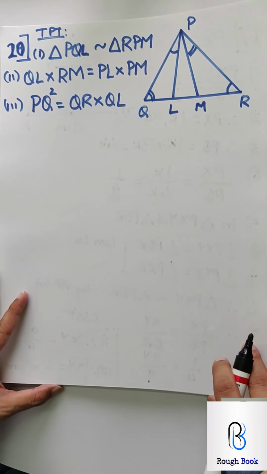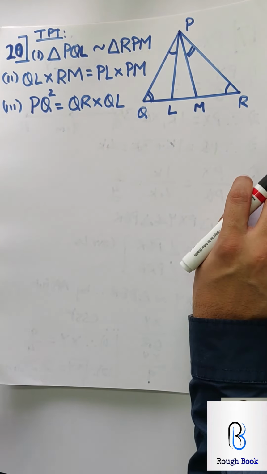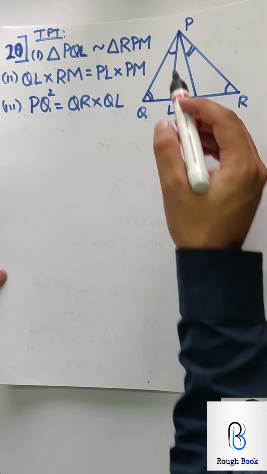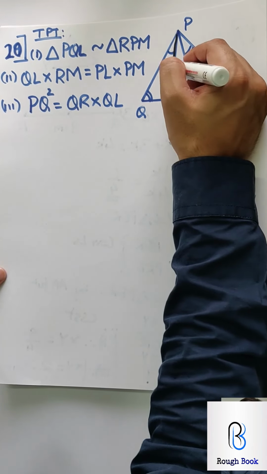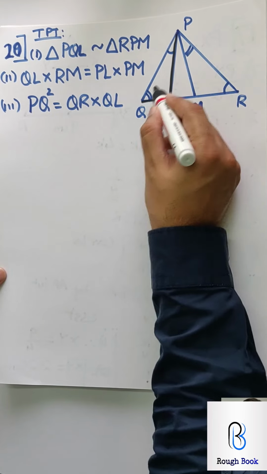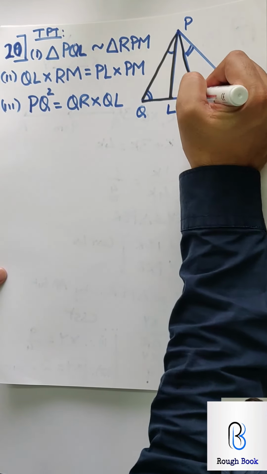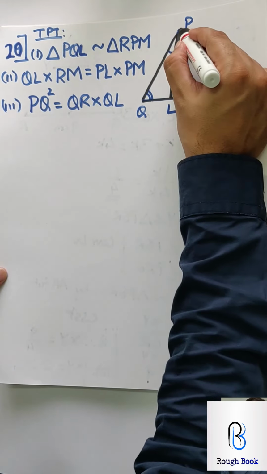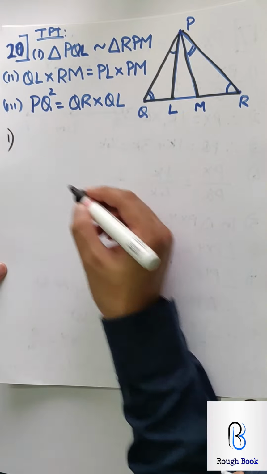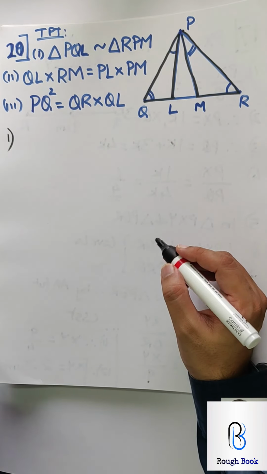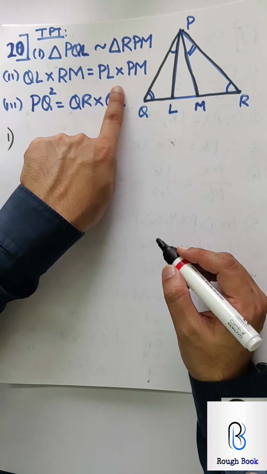Most of the sums you should manage because there is nothing new to be taught. Okay, this is slightly tricky visualization, but not that difficult either. PQL, RPM, these two triangles you need to prove similar. Damn simple. They have already given you this angle equals this and this angle equals this. So by AA test, but write the correct one-to-one correspondence, don't forget that. So these two black triangles we are working at. So come on, 4 steps, prove the triangles similar, 5th step CSST, 6th step cross multiply, and you will reach here.